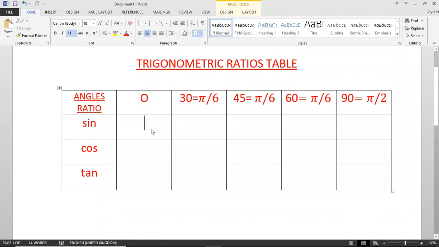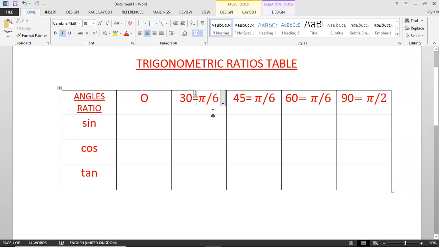Bismillahirrahmanirrahim. We will learn how to make the trigonometric ratios table values. The procedure is this: you have to form 6 columns and 4 rows. Then you have to write the values of angles 0 degrees, 30 degrees, 45 degrees, 60 degrees and 90 degrees, and their equivalent